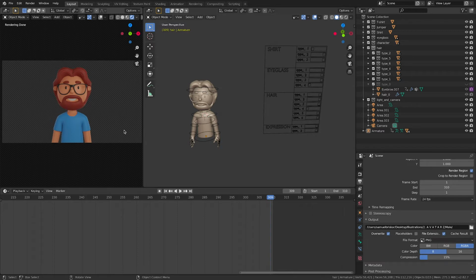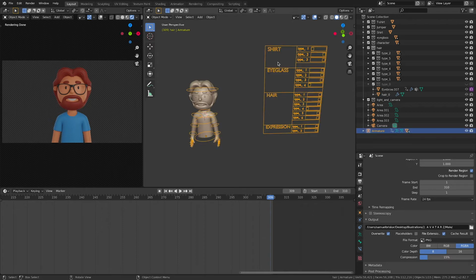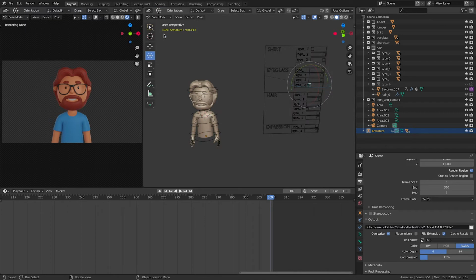As a next step, let's take a look at our generator. It was created to make the customization even easier for you. For playing with that, I'm going to click on the generator, then I'm going to change the mode. I'm going to pose mode. Otherwise, I can change these elements, which will turn off and turn on the eyeglasses, shirts, hairs, expressions, and so on. So if I move it to the right,